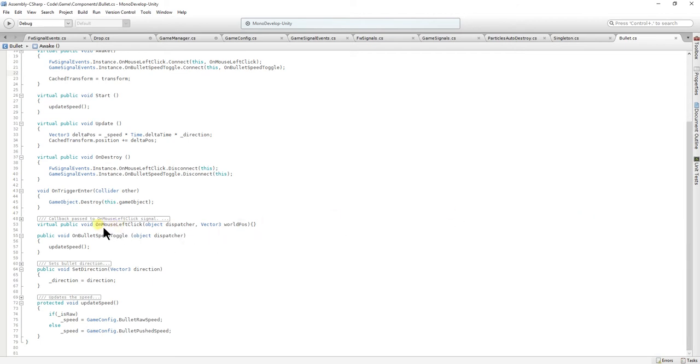And for left click, this is a virtual function, so the subclasses are going to handle this. And on speed toggle, what we are going to do is update speed. And when you update speed, you ask if it is raw,